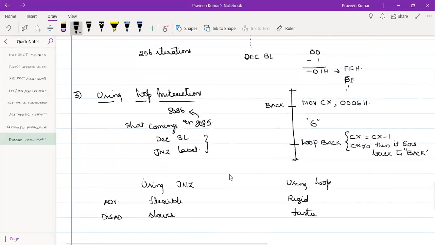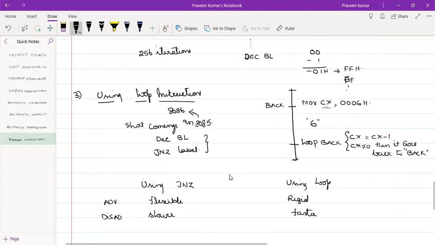But using the JNZ instruction, I can use any register to count the number of iterations. But in the loop instruction, this count should invariably be present in the CX register itself. There is no other choice.